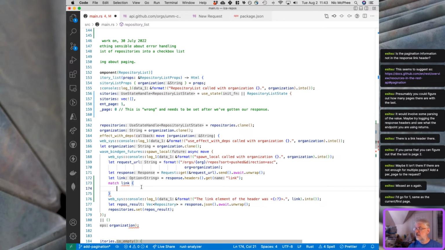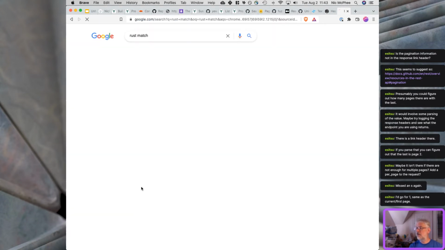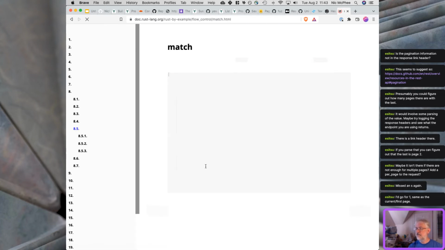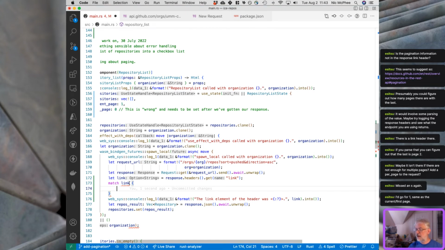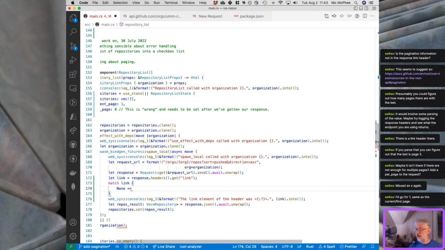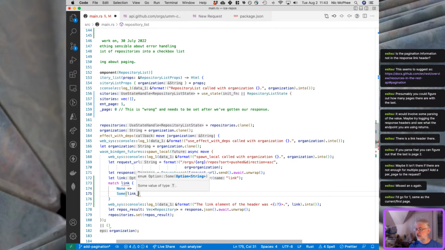No, that's not the right syntax. Well, I never remember the match syntax. Rust match. No, I was right. And then, okay, I was probably unhappy because I just haven't found all the options. Okay, so none and some link str. Okay, so if none,